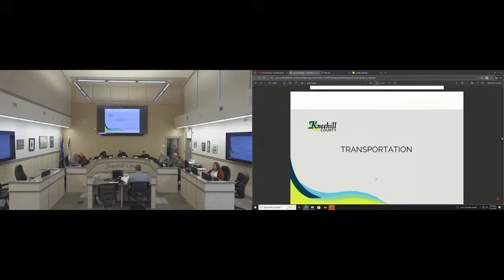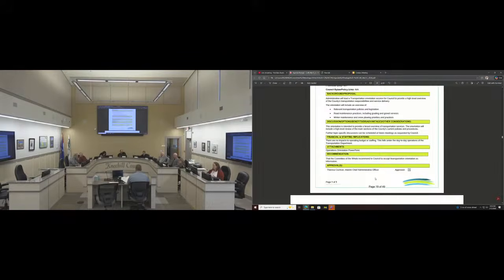Just some fun facts then. Our gravel program uses approximately 125,000 tons a year for our regraveling. That equates to approximately 400 miles done per year. We have just under 2,000 kilometers of gravel roads, about 82 kilometers of paved roads, and 500 kilometers of dirt trails. Currently, we have 9 stockpile sites, 4 hamlets, and 212 bridge structures. Big bridge structures, as we were just discussing, are those combined culverts of 1,600 millimeters and above, all the way to 3-span bridges. So we have quite a few of them.